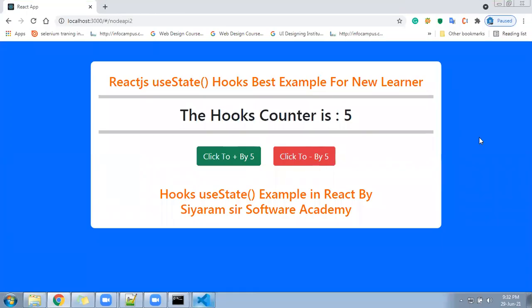Hello guys, welcome back. We are going to learn the new feature of React that is called hooks. It's the most popular nowadays, and it has a lot of unique features. It has come up with very new, unique features, and Redux in React.js is also based on the hooks concept itself.